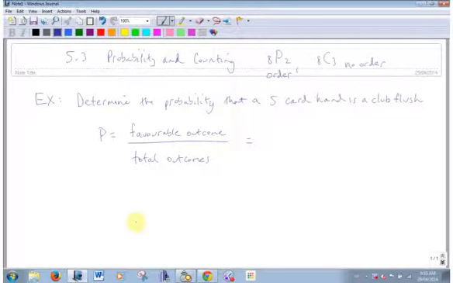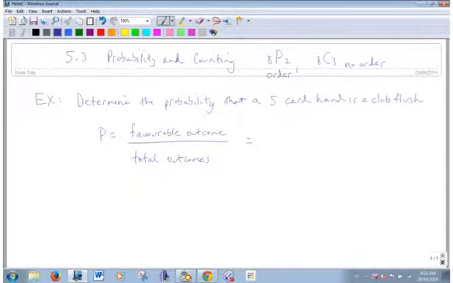What is my favorable outcome here? I want 5 clubs. And if I have 5 of the same suit, that's what they call a flush. And there's a hierarchy in poker as to what it's worth. Everything in poker is based on odds. It's based on probability. What's the hardest thing to get? A royal flush: ace, king, queen, jack, 10 of the same suit. I don't know the probability, but it's very, very slim. You could play cards for 5 years and never get it. A pair, that's pretty easy to get.